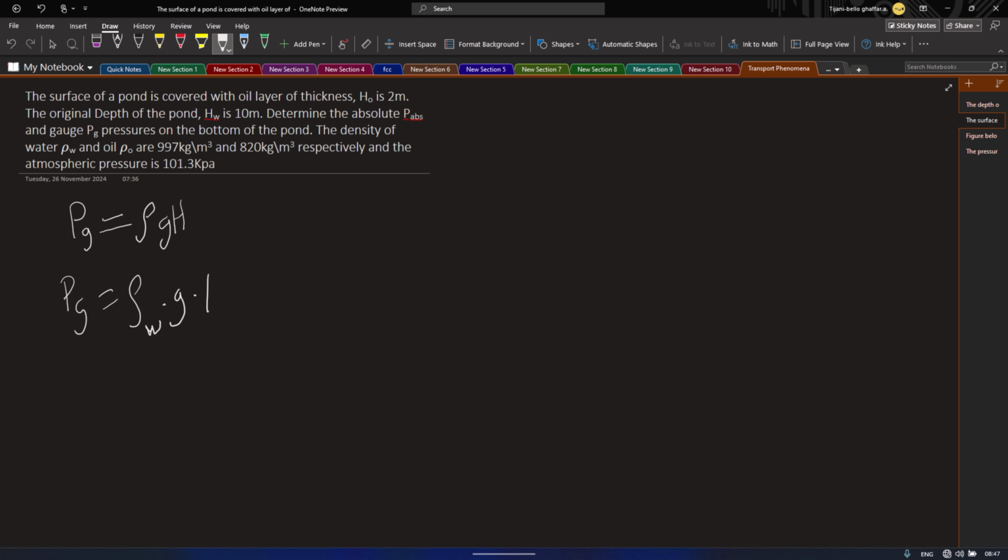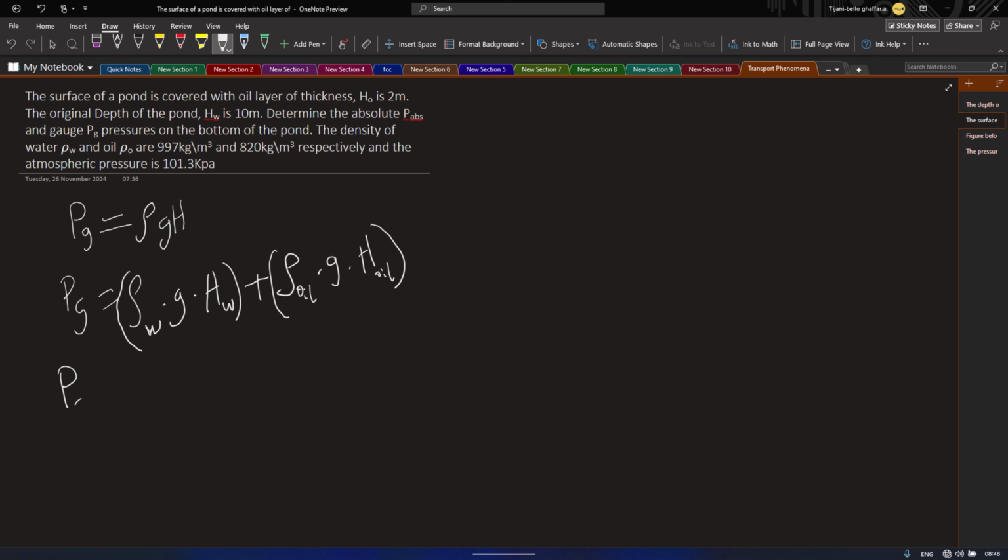acceleration due to gravity, then times the height of water, plus, remember that I said it is the sum of the pressure of both liquids in the pond. So the density of oil, times acceleration due to gravity and the height of oil. So let me put this in brackets. If you like, you can collect like terms, but you can also solve it this way. Collecting like terms, what they both have in common is gravitational force, so you can bring it outside the brackets, but just to save us the stress,